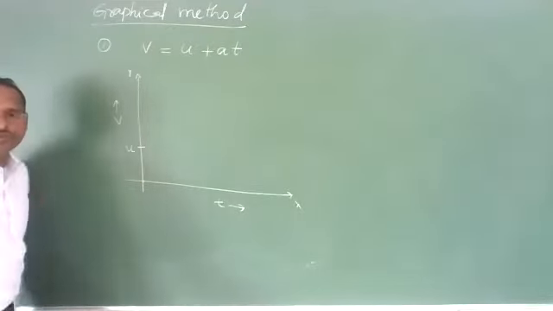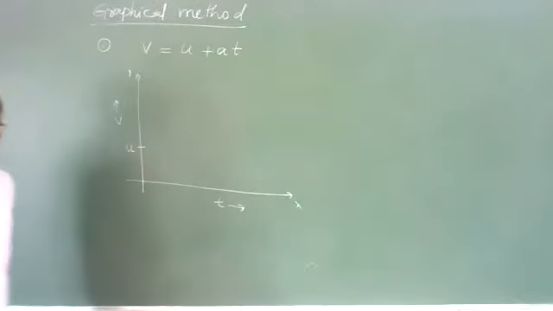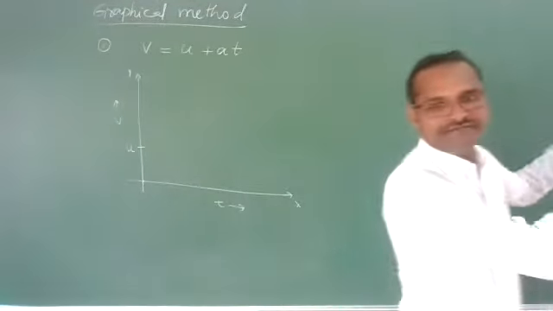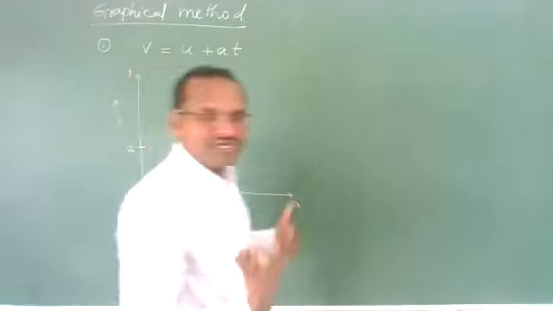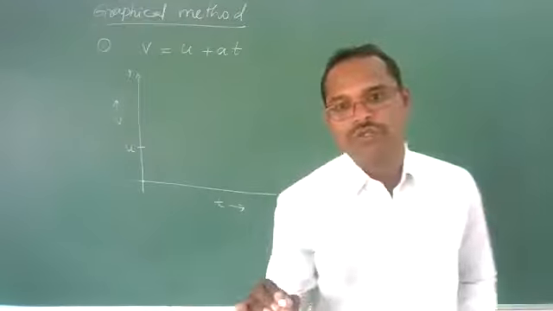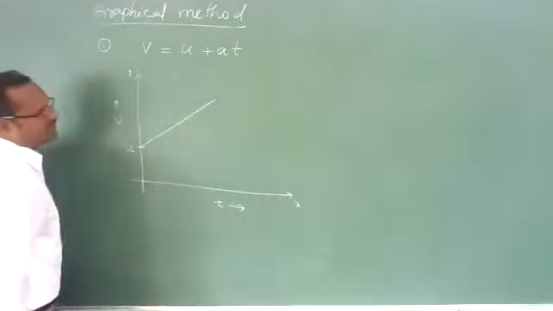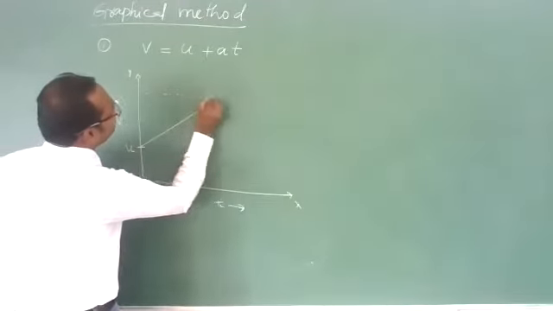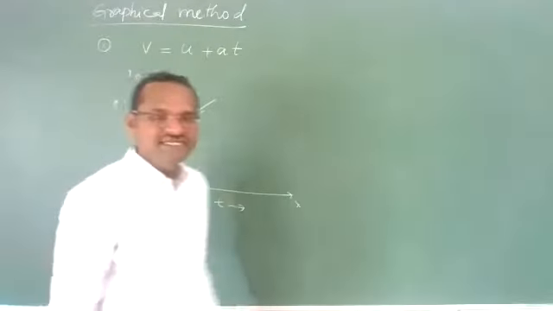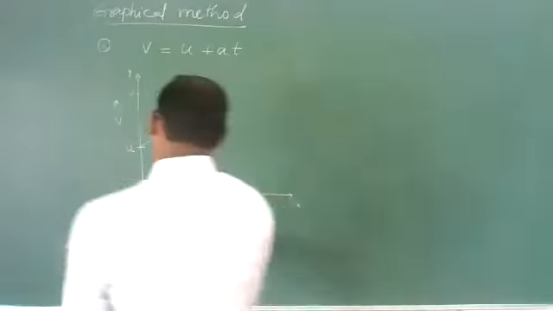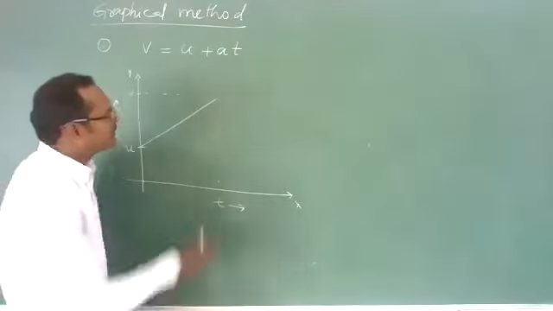So I take some initial velocity u, at which a vehicle has started its motion. When I enter into your camera, I am already in motion. That is my initial velocity, not 0. It moves uniformly like this, and this is the final velocity V of that vehicle. Up to that time it is moving, from here to here.